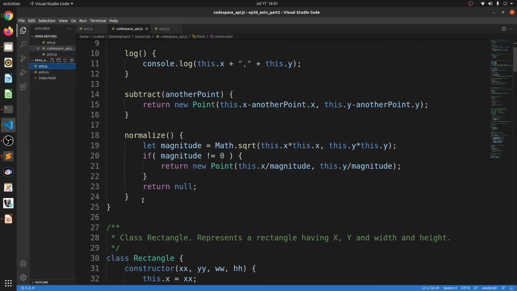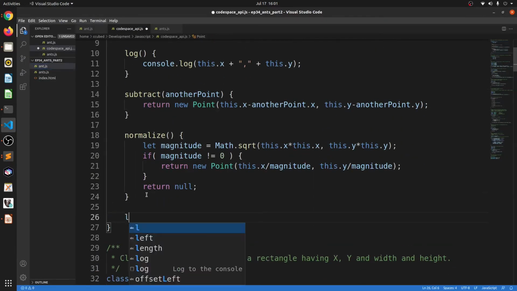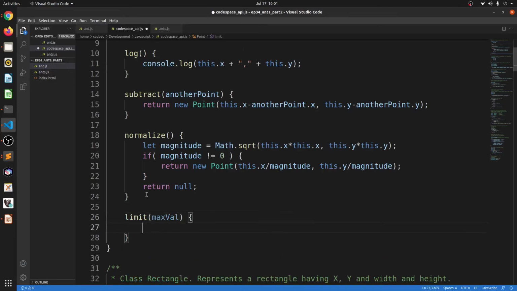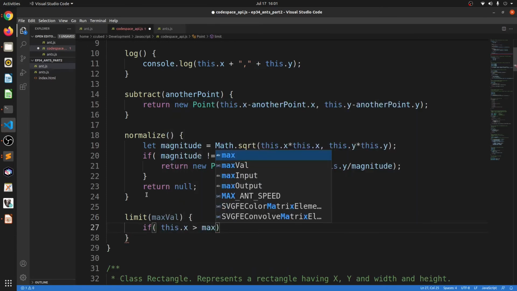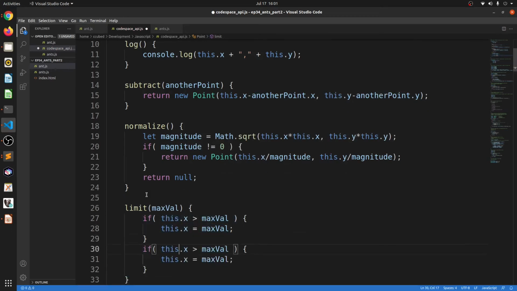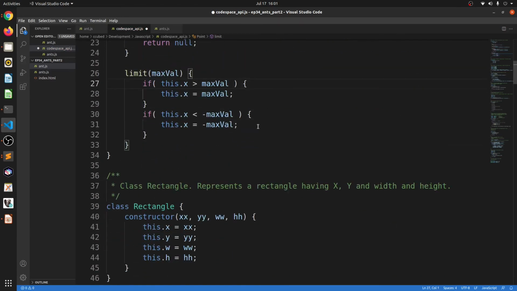To do that, I'm going to create a function in the point class called limit, which will limit the X and the Y values to a maximum value parameter. It can be done in this manner, where I check if X is greater than max val, then it becomes max val. If X is less than the negative value of max val, I set it to the negative value of max val.